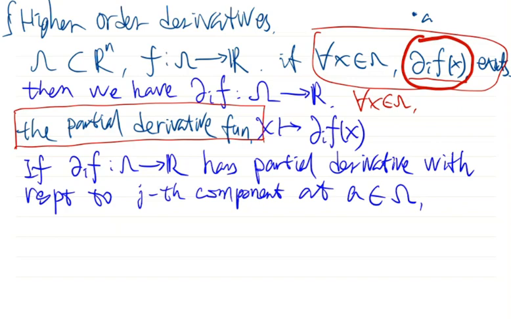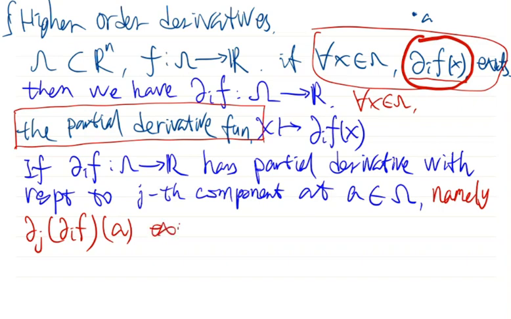This means this exists. If the partial derivative function has a partial derivative with respect to the jth component at the point A, if this exists,